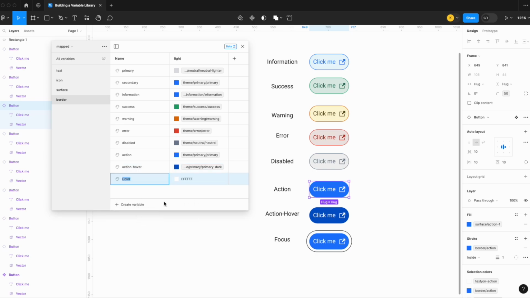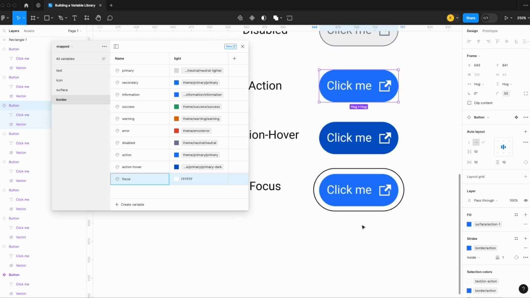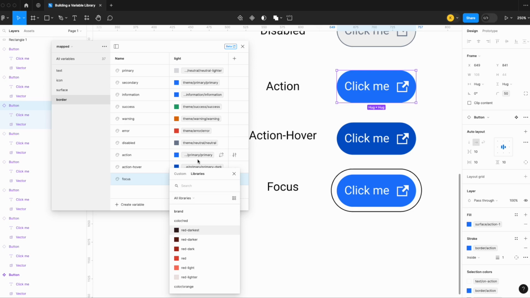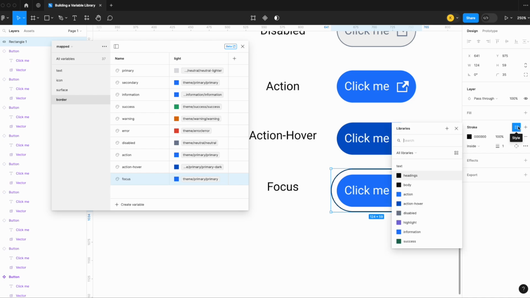And then let's create a focus color. With our focus border, this is essentially what's going to appear when the button is actually clicked. So you click your action color, and you get this little outside border just to show that something's really been clicked. And for that, we can set that to our theme action, our theme primary. You can also do your theme information as well, but it doesn't really matter. They're roughly the same. Then let's go ahead and apply. So our border